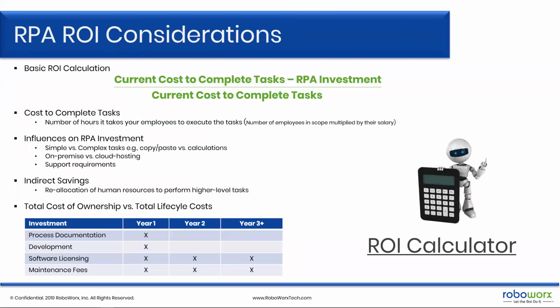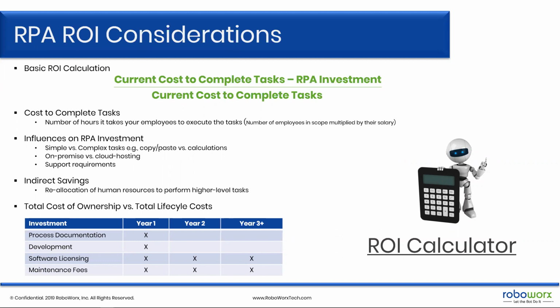Okay, I'm approaching my 30 minutes, so I've got one more slide here to cover. So ROI, right? We all love ROI. We all love ROI Calculator. So let me just talk a little bit about the return on investment that you can get through RPA. The most basic way is the same calculation that we would use in any ROI calculation, right? You're looking at your costs minus your investment and dividing it, and then you come up with a number. So it works the same way. It's ROI. But then the question becomes, what figures do I use in that equation?